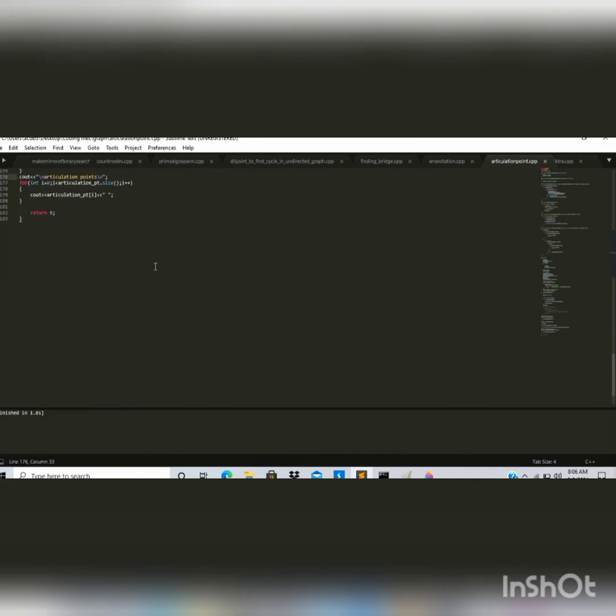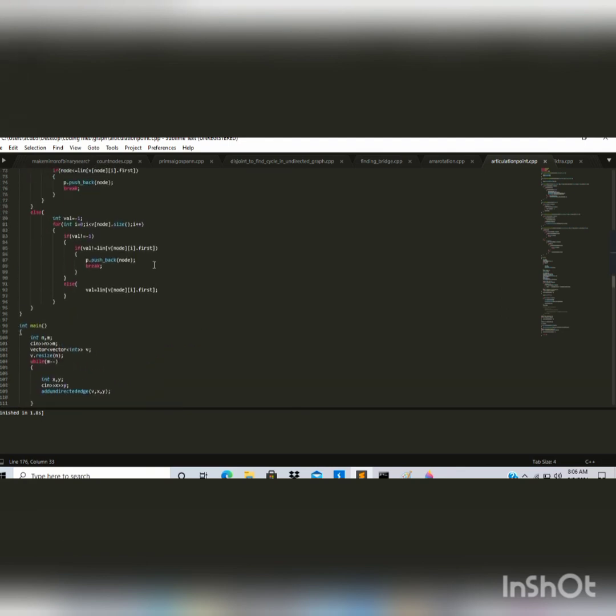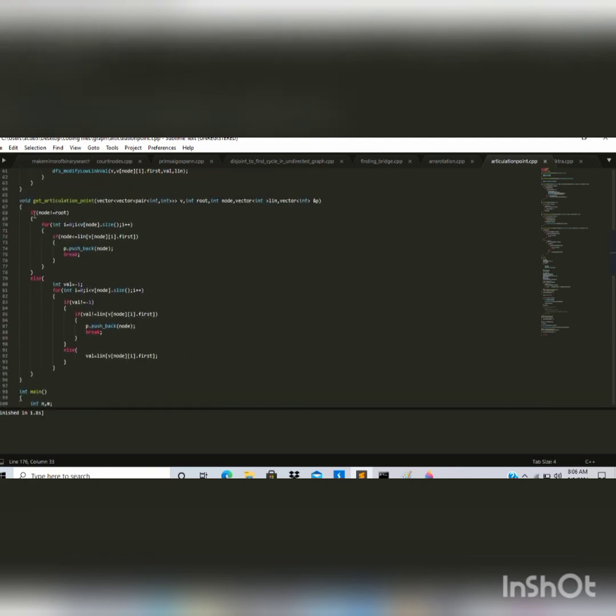Now here, first it checks whether it's a root node or not. If it's not a root node, it visits all its children and compares whether the node's id is less than or equal to the low link value of its child.